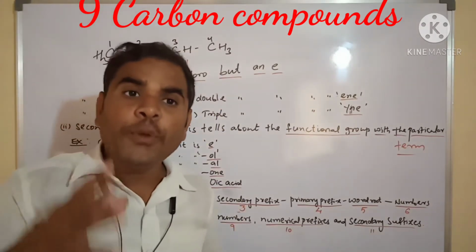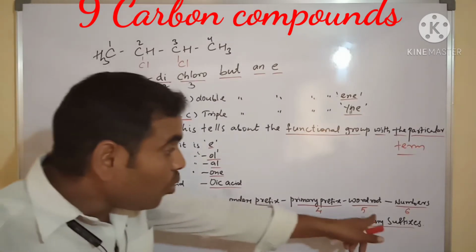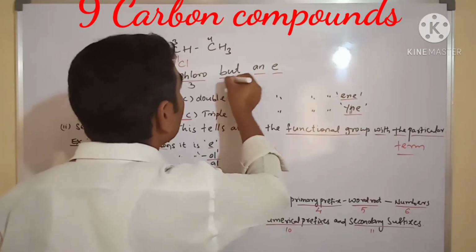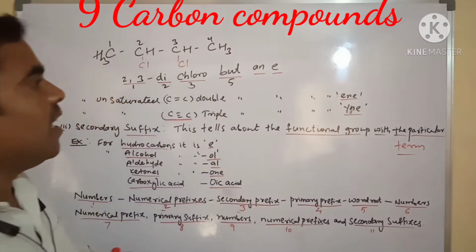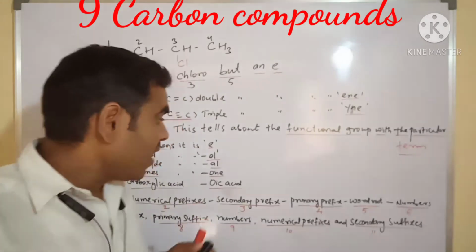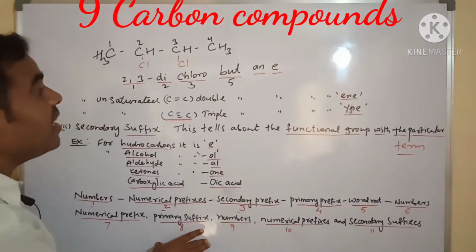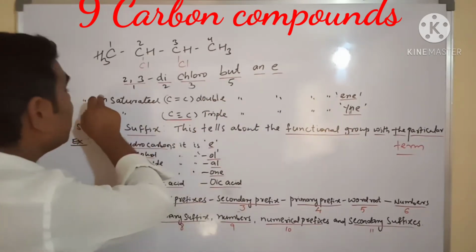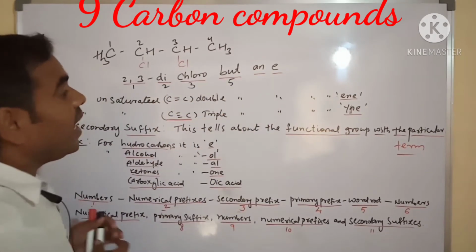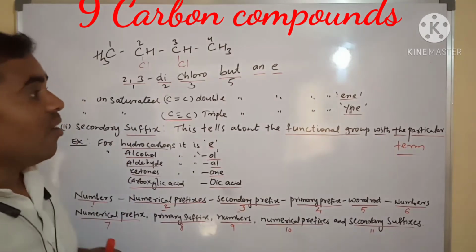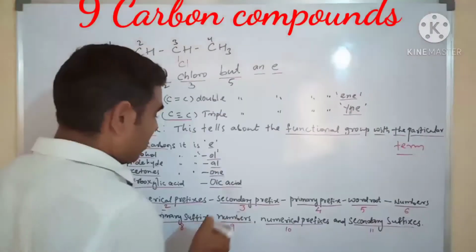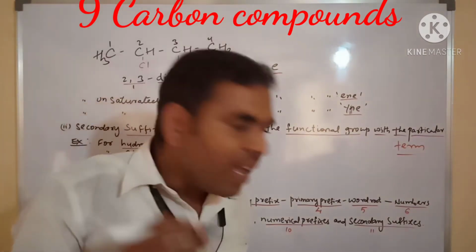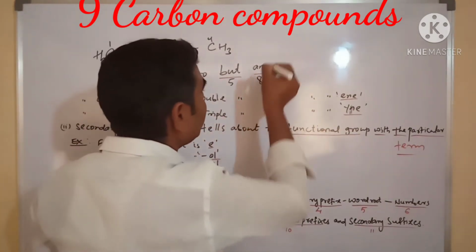Next we have to see the but. But means it is a root word. Root word. See we have to write the 5. Next we have to see the N. N means it is a primary suffix. This is primary suffix. We already learned saturated hydrocarbons. N. A-N-E. Okay. Here is a 8. 8 number.